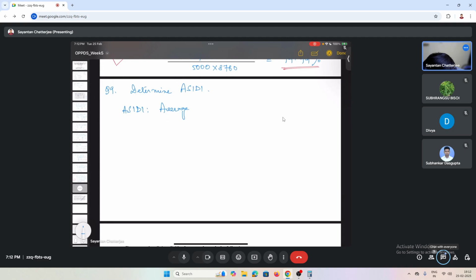Here it is average system interruption duration index. Okay. So the formula for ASIDI, we can write it as: we have the information of the kVA, how much kVA has been served here. Okay, so